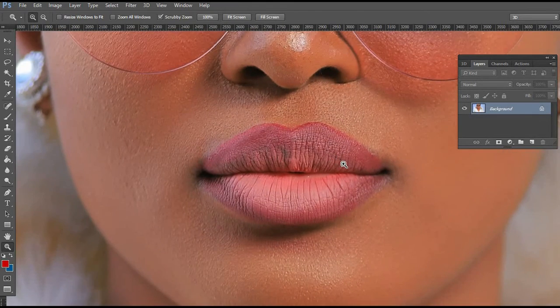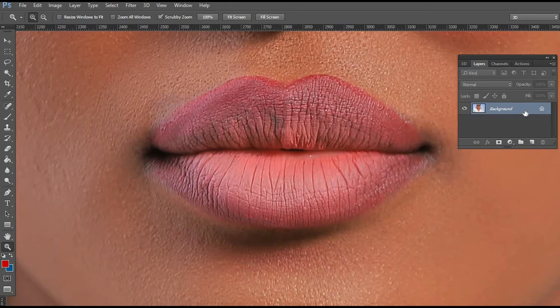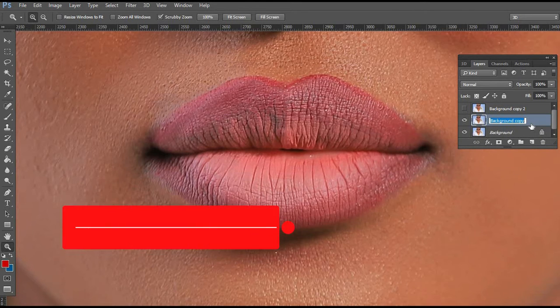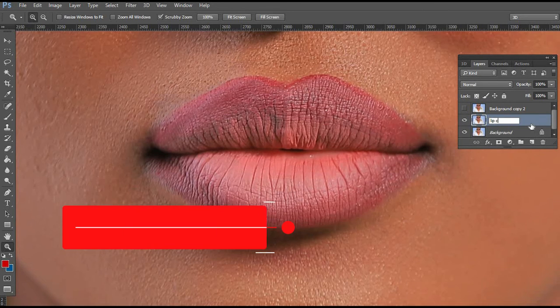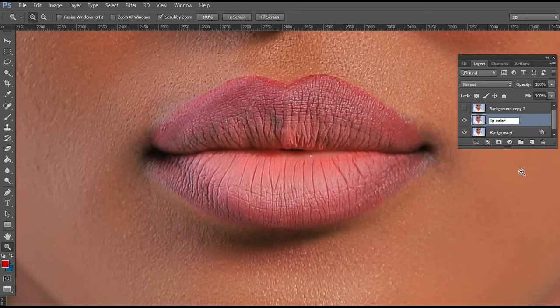Okay, now this is what we're going to do. You're going to duplicate this layer twice. If you know what frequency separation is, it's the same technique we are going to use when editing these lips. So you create these two layers. This one, we're going to rename as lip color, and the upper layer is going to be renamed lip